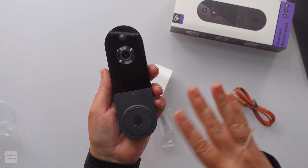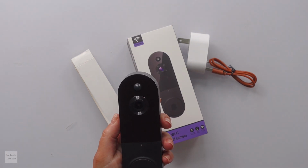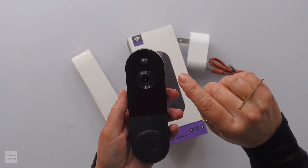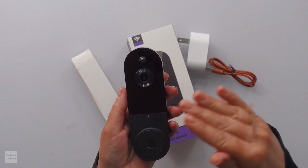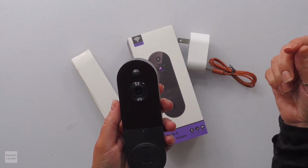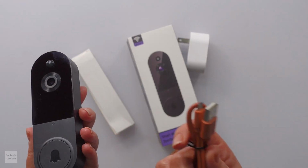You have to download the app and all that. I'm gonna show you that in a minute. I love it because it has a wide angle lens on it, and it is 2.4 Wi-Fi, so it is not compatible with 5G. I did want to mention that. And I like that it has AI intelligence so that it understands not to record a car driving by, or a dog or something like that, because that will really run your battery down. Everybody said that they could let theirs go 3 to 4 months without recharging it,